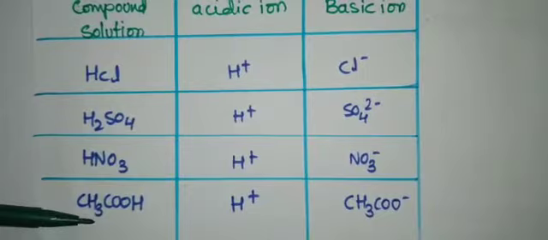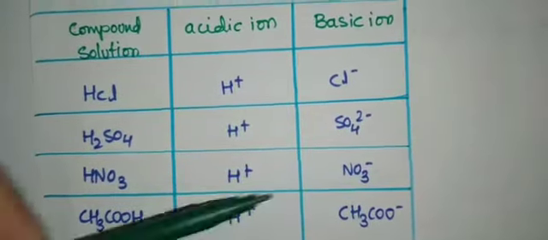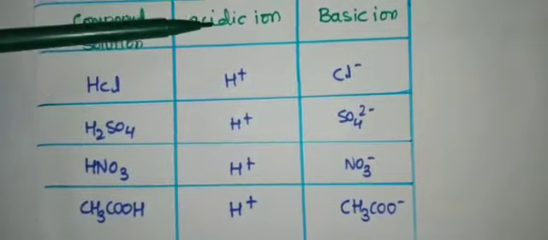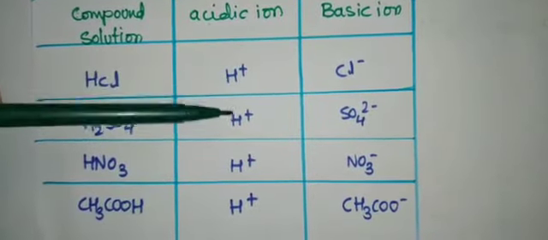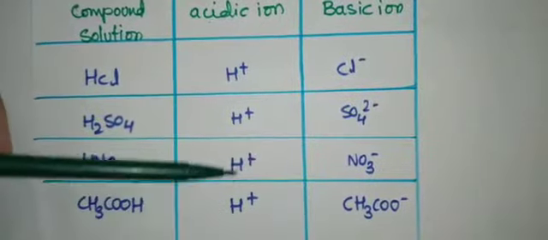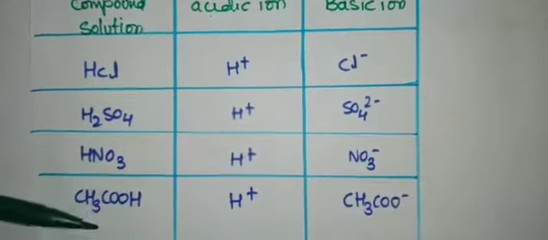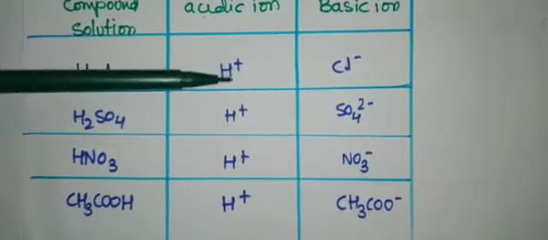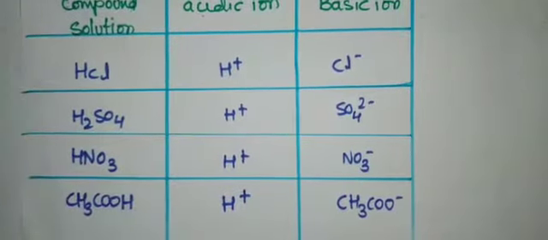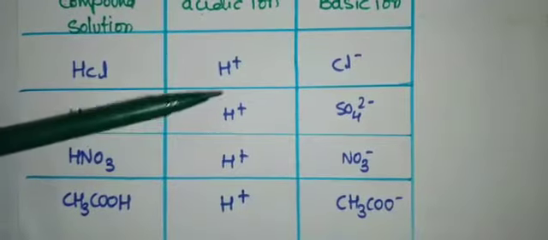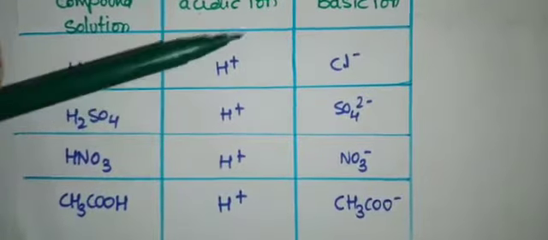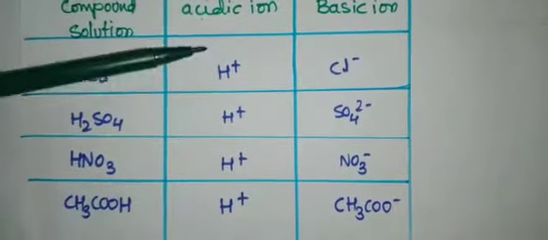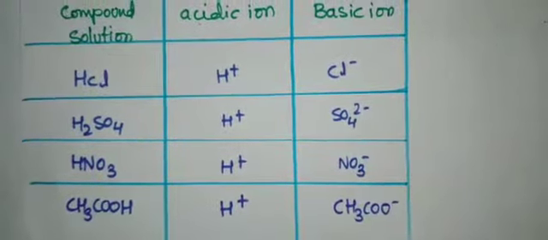This is acetic acid, nothing but vinegar. So you can see on this table what is common: all the acidic compounds contain H plus ions, right? When we checked all the acidic compound solutions, we got H plus. So since the cation present in acids is H plus, this suggests that acids produce hydrogen ions, that is H plus aqueous, in the solution.